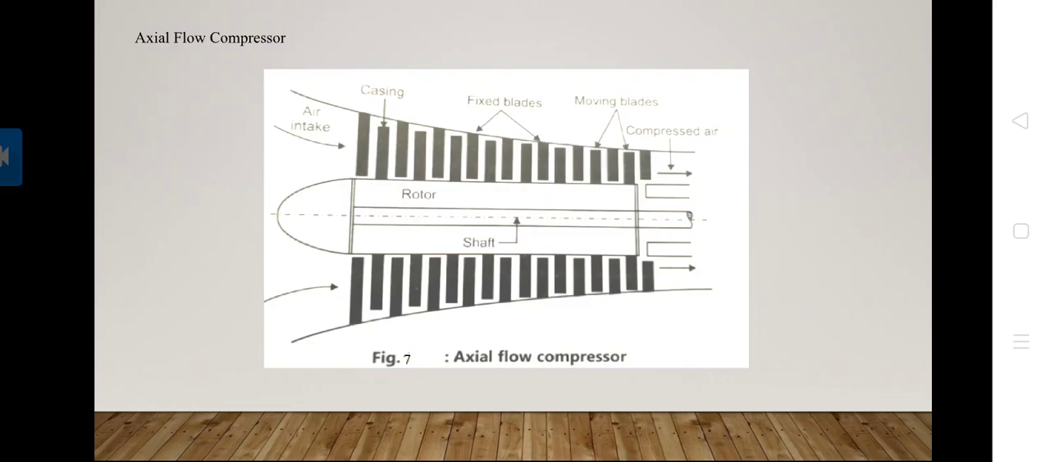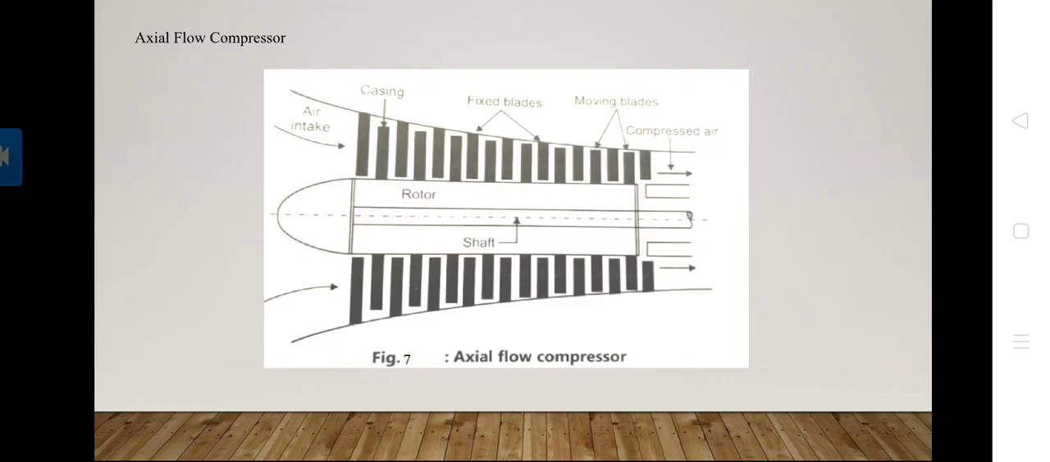This airflow goes through the annulus ring between the rotor and the stator, over the blades, parallel to the axis of the compressor. Here, as the rotor rotates, air in the blade passages accelerates, due to which the velocity and pressure increase, and the air then passes through the fixed blade passage of diffuser shape, in which the velocity of air decreases and pressure increases, and the pressure rise in each stage is of the order of 12 to 15 percent,